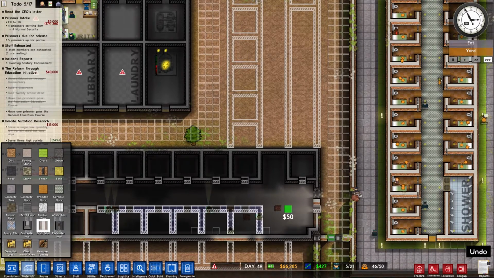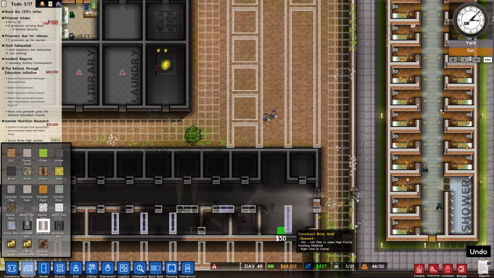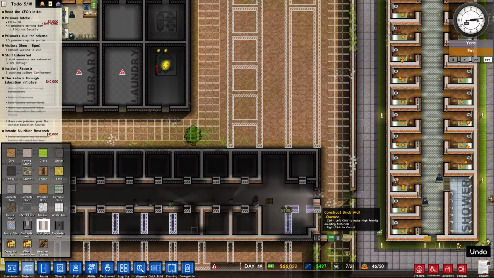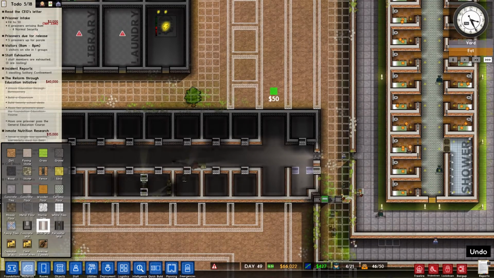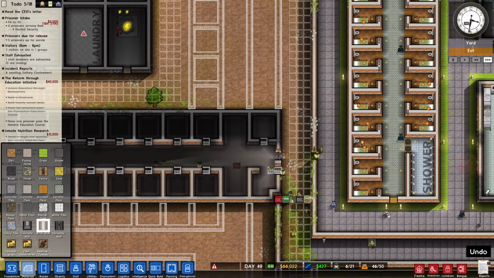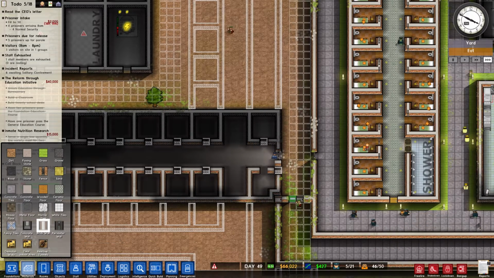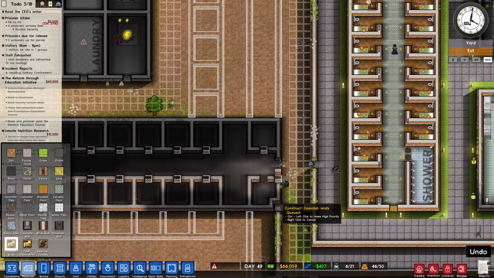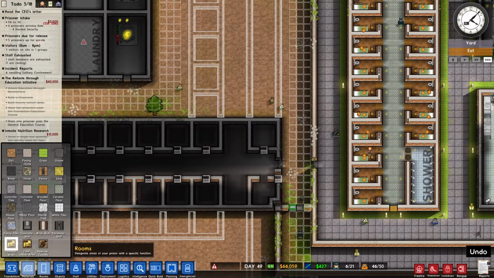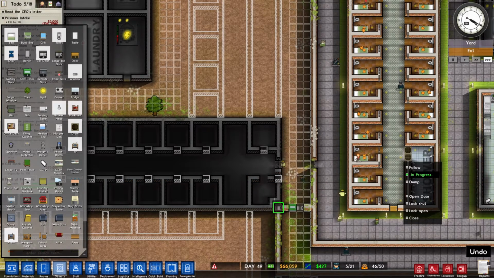No, I think there will need to be a cell sort of here. Eventually, it'll probably have a door opposite that one, and then the corridor will come down there. I don't know what that is doing there. I'm going to dismantle it before I have prisoners in. And I'm also going to dismantle that wall, I think. So demolish that wall. And dismantle that gate. Because we need to put a...